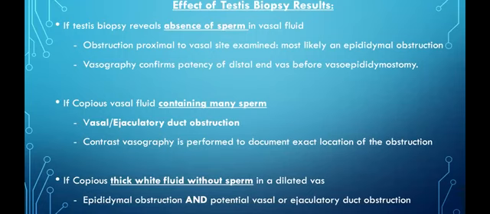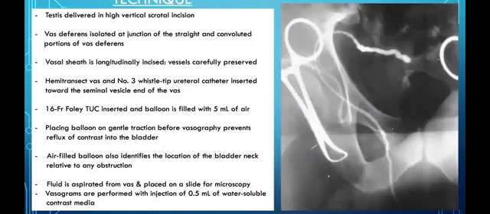All right, so here it's more looking. I think I'm running a bit out of time, so I'm going to just jump through that slide there. But this is just how the vasography is performed. So an incision is made high on the scrotum. The vas deferens is identified and cannulated, and at the same setting a transurethral catheter is inserted, and the balloon is filled with 5 mL of air, and then the catheter balloon is put on traction, and that prevents contrast refluxing into the bladder.